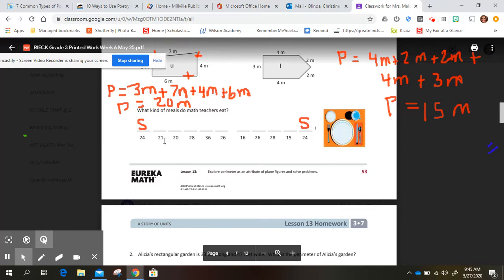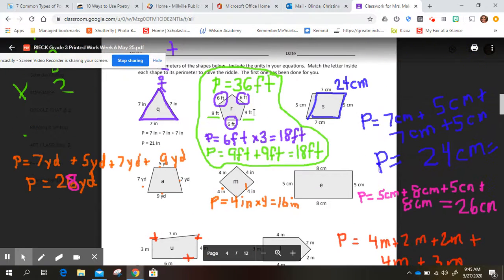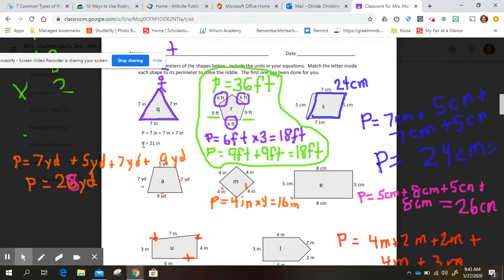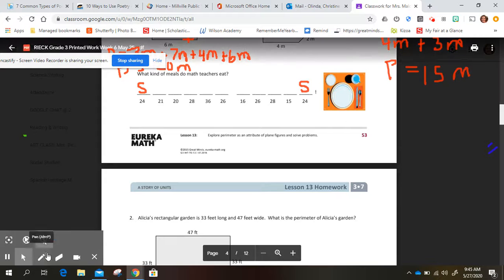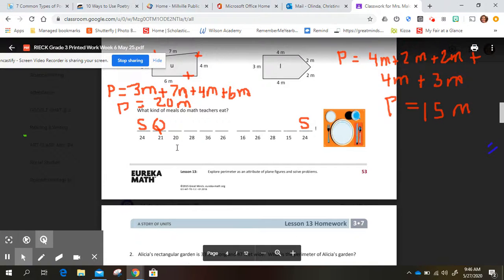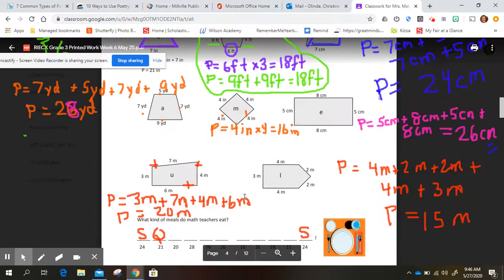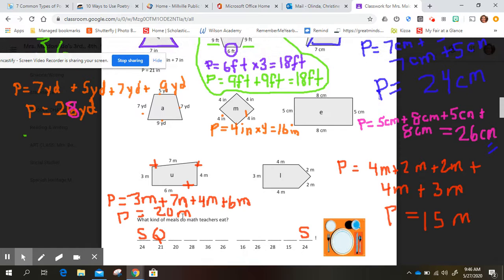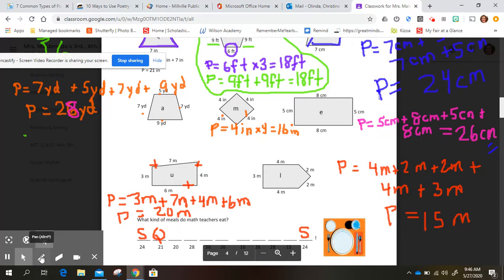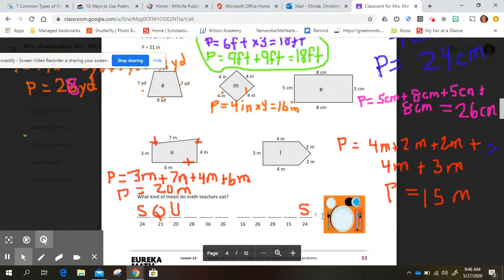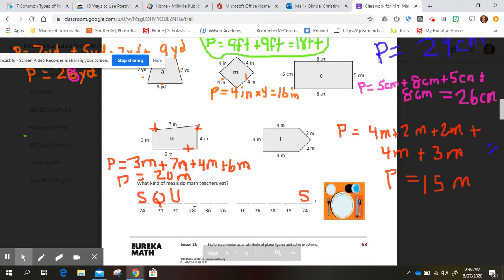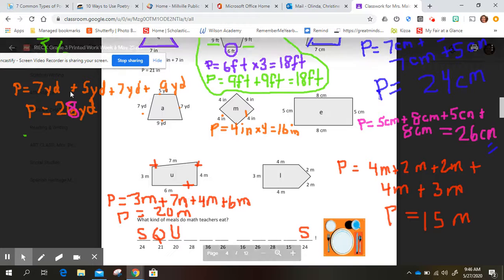So the next number was 21. So I look back and I say, there's the answer 21, and that letter was Q. So I'll put Q. And I don't see any more 21s. So now I'm looking for one with an answer of 20, and I see that right here because the answer was 20, so the letter was U. And I don't see any more 20s, but now I'm looking for an answer of 28, and that was here,